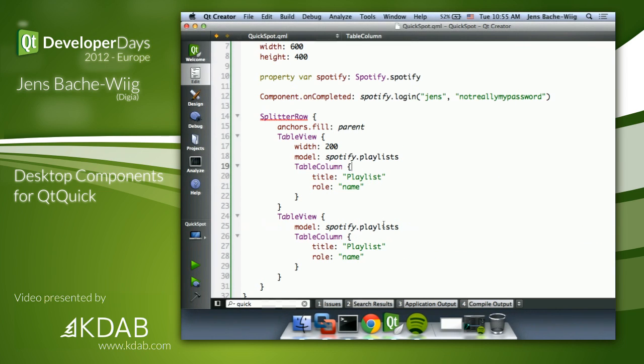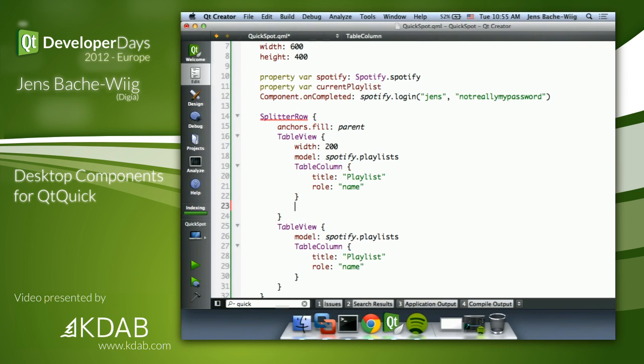But we don't want playlists in the other view. How do we connect these 2 views? Well, we're going to create a small helper variable here, current playlist, which is currently empty. And when I click on the first table view, which is the playlist view, on activated, which basically means when you double click, depends on the platform,